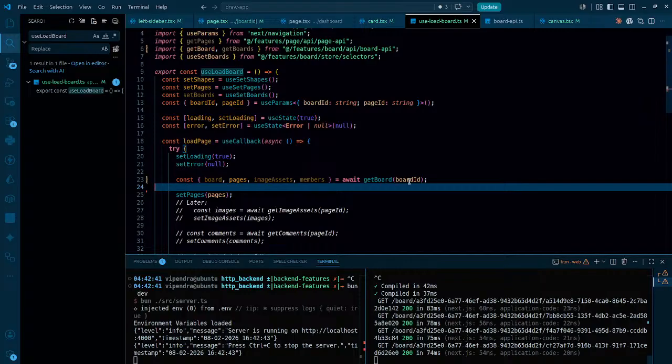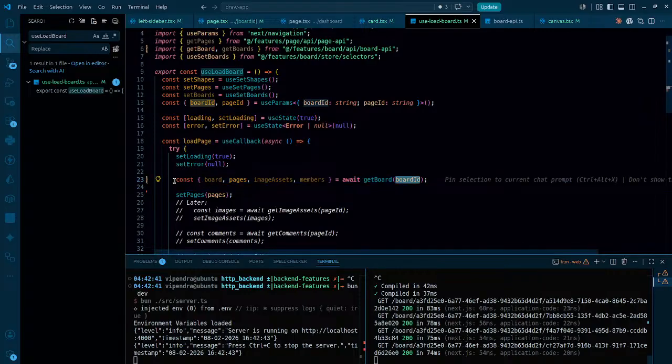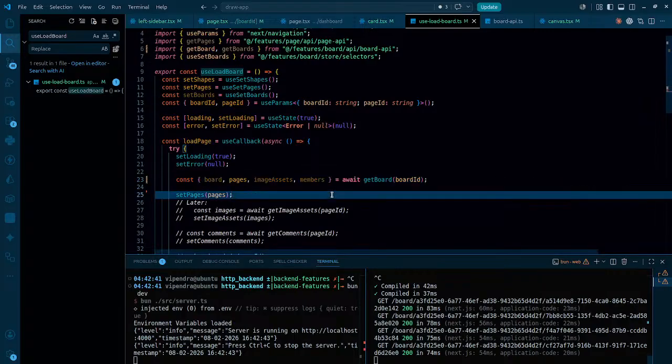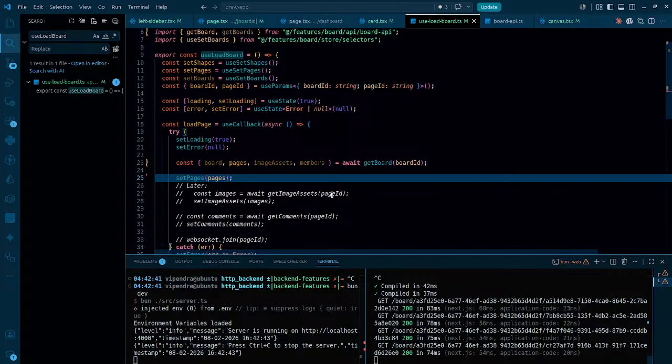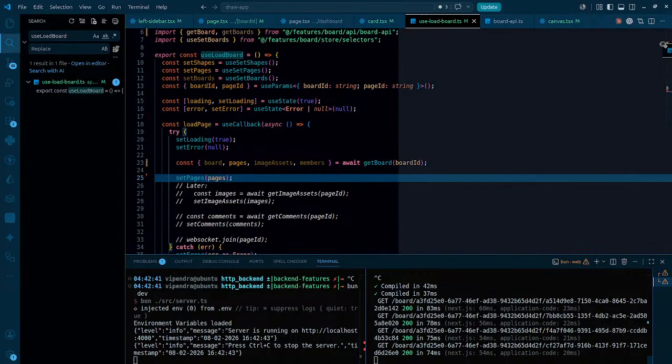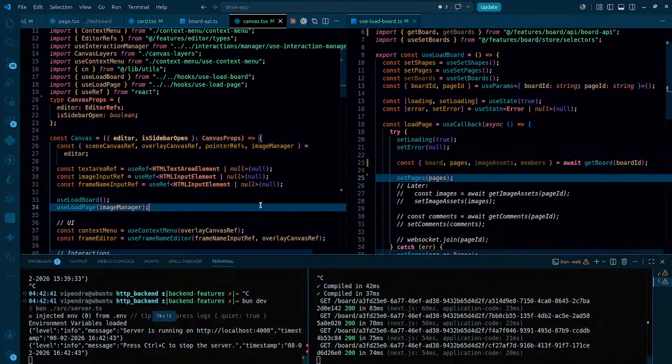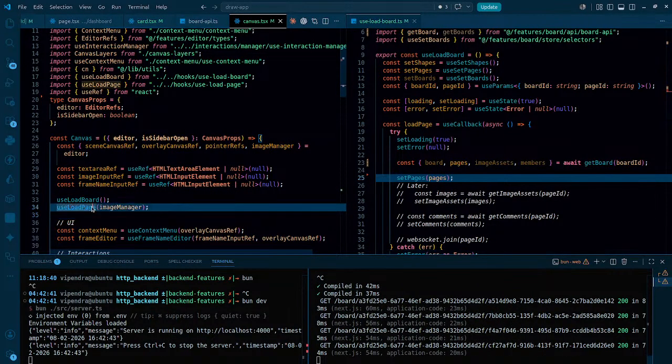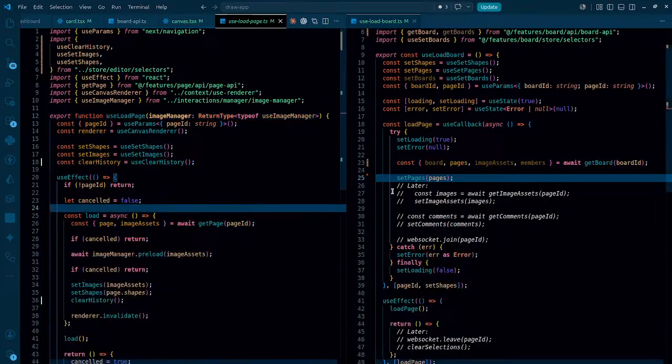So over here, using the board ID, we are getting the board information. Once we are getting the board information, we should be just simply saving everything right here. That simply means I can keep it on the right, another one on the left, and time to sort of merge the stuff if needed. So how can we merge this? To merge this,